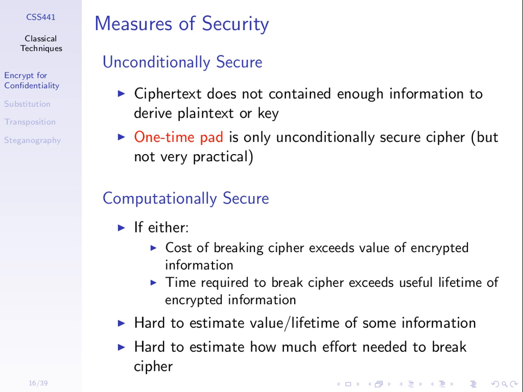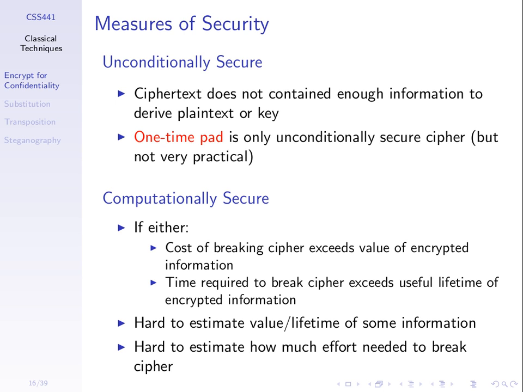The two examples I gave maybe are easy to see, but in practice it's hard to put a number on those things. How much is information worth? All right, my bank account may be worth a particular value. How much is it worth to you to get the exam questions? What's the monetary value? What is the cost of breaking it? It's very hard to predict. How long is information valuable for? In some cases, like the exam, we could set it's valuable for 5 months. Other information may decrease in value over time. So it's very hard to put numbers on these.